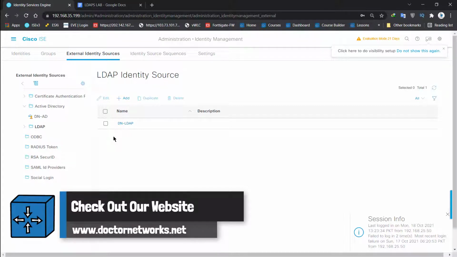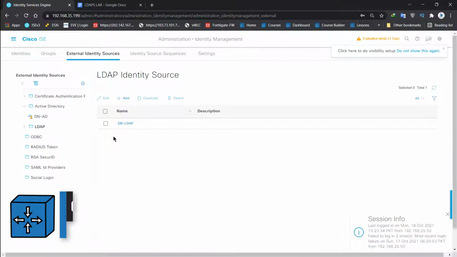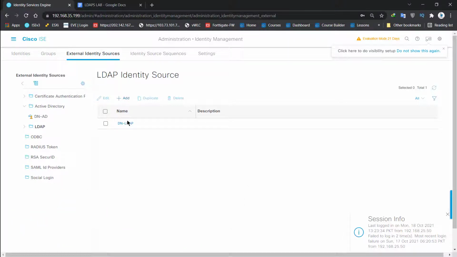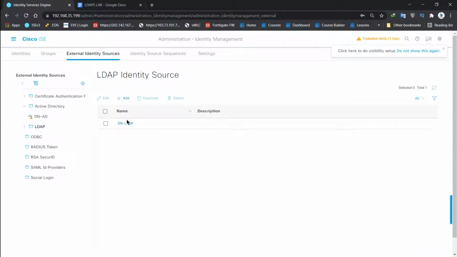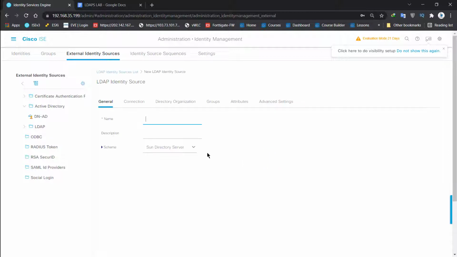The point over here is that you can have multiple LDAP servers with obviously different IP addresses. We'll just leave this one as it is because it's been called in other policies. So let's add a new LDAP server. Now the first thing that we have to do is specify a name for this LDAP identity source. We're going to call it